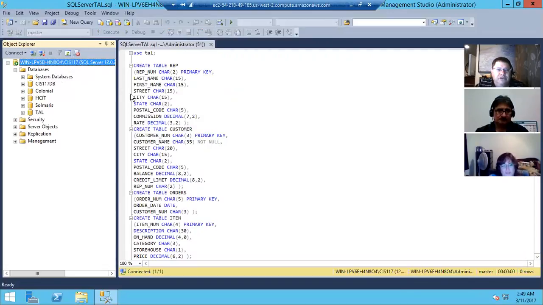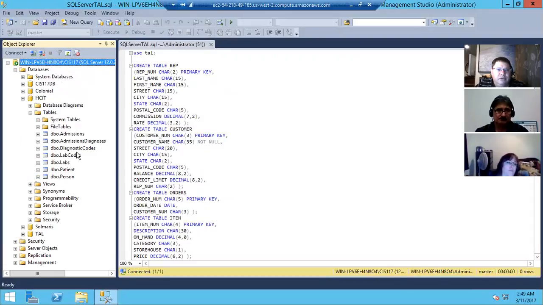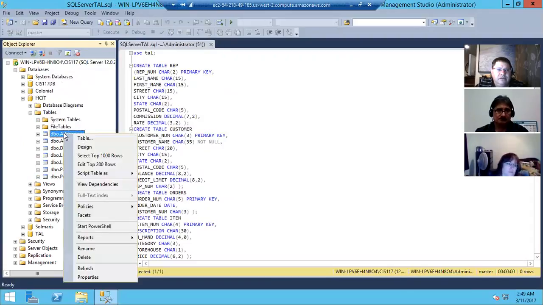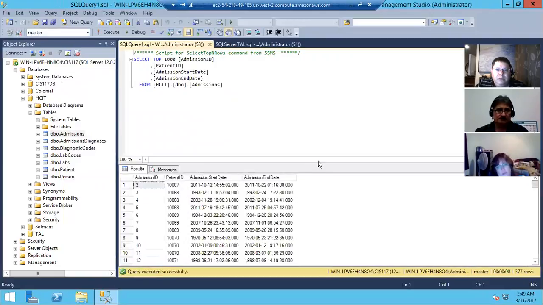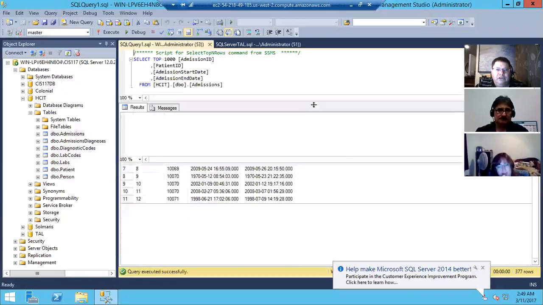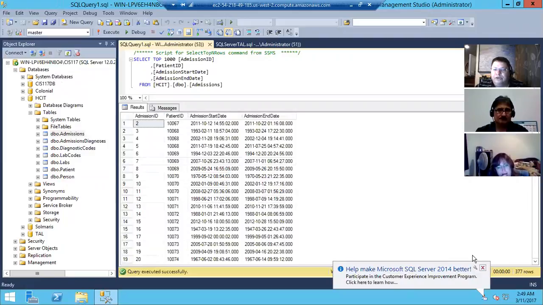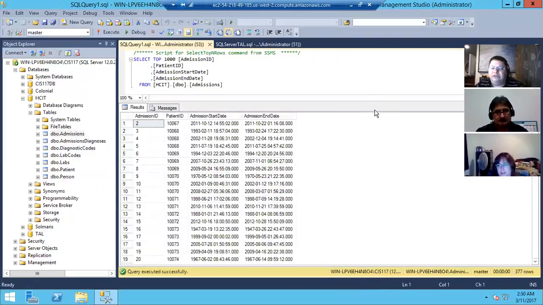We're now running a system in the cloud, and there's our HCIT database, there's our tables, and I can very easily grab the top 1,000 rows, and it's pretty snappy. Actually, for a pretty tiny machine, I built it as economically as possible, so it doesn't cost a lot of your